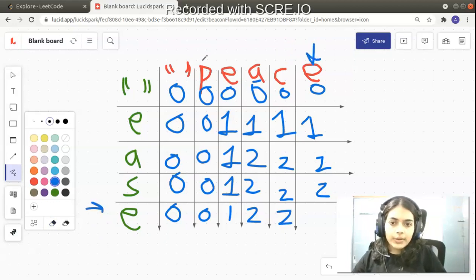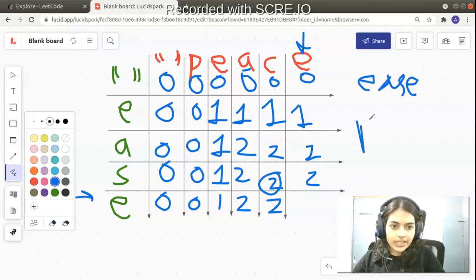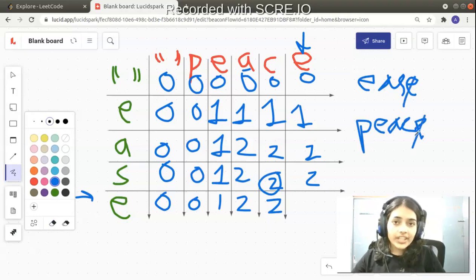Okay, now let's look at the last possible example which will give us our answer. You look at this particular row and this particular column. E and E are the same, so if E and E are the same, we have found one extra character. So what we do, we look at the diagonal box and we find two characters were already in common. Okay, so let me write it out also so that you are convinced. So you have EAS and you have PEAC. So what did we do, we ignored the last character E and E because the character E and E is common, we know, so we have to add one for that.